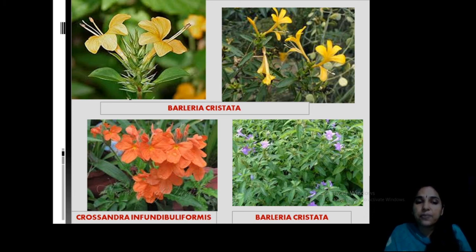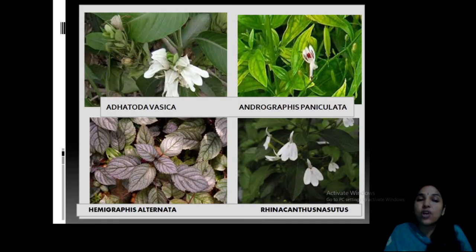Spiny nature. Okay, now this is Adathoda vesica. What is Adathoda vesica? Adalodakam. And this is Andrographis paniculata, Kiriath, Megamalhar. This is the red colored spot inside. This is Hemigraphis alternata, Muriguti. When there is a wound or cut and blood comes, you usually crush the leaves and apply. That is Hemigraphis alternata, Muriguti. And this is Rhinacanthus nasutus. You have to keep a space here. Like you see, a bird-like flower. Very common in our area, you can see it growing wild.